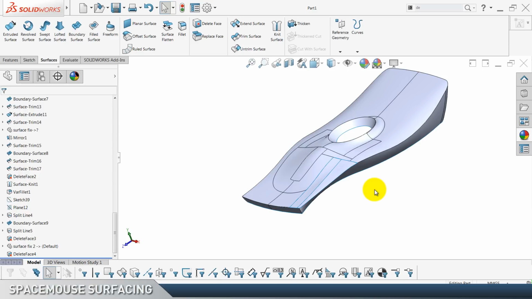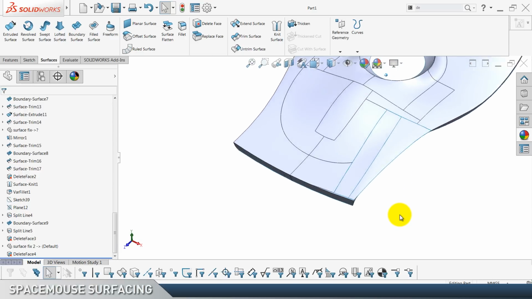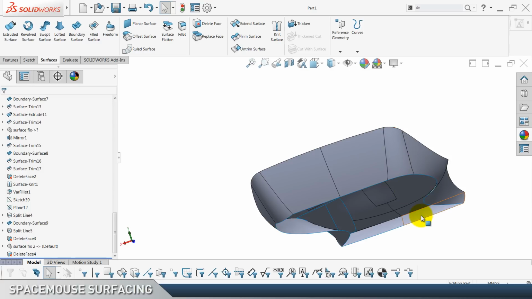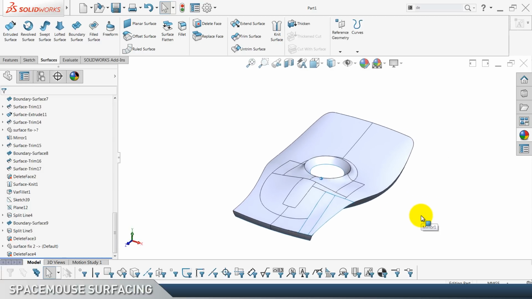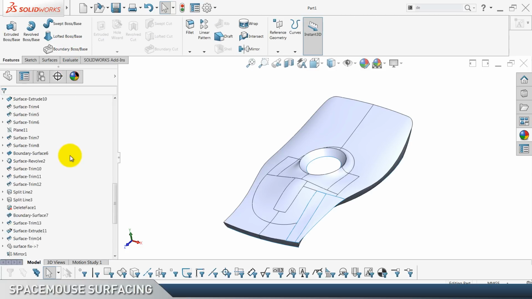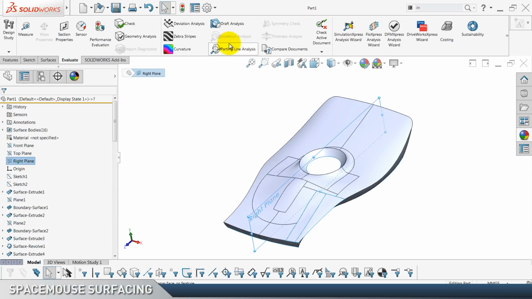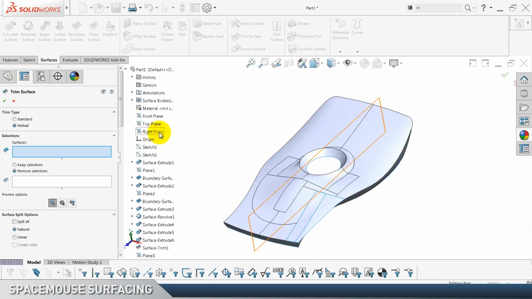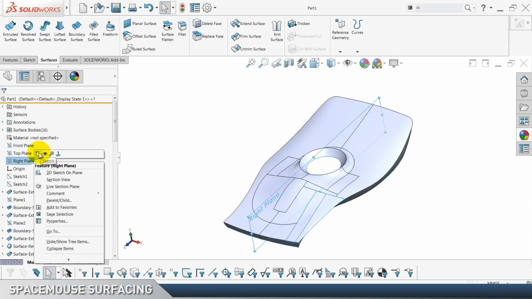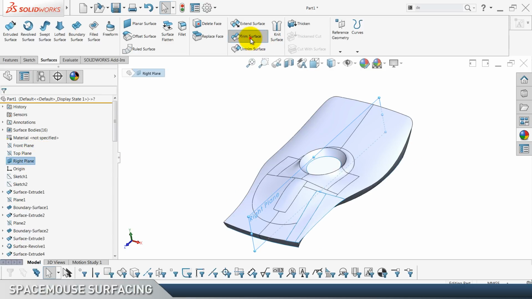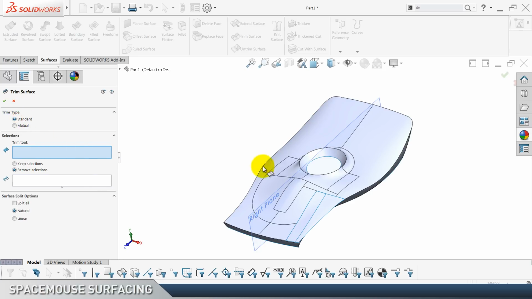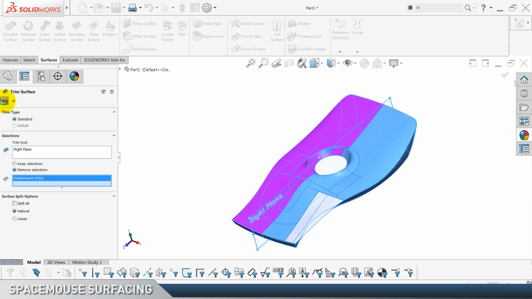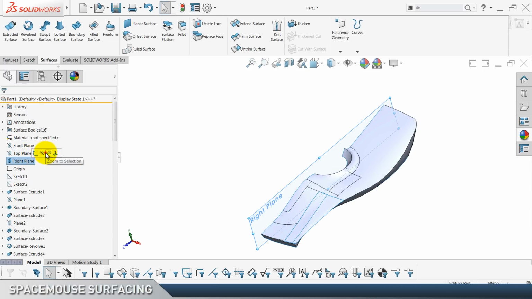Let's see what's next. So we have to somehow transfer this on the left side as well, and we know we had a problem here that we need to solve. So to do that, I'm gonna use a right plane to trim this surface, right plane, show trim surface. It has to be standard. Okay, so we're gonna trim out this left side. Okay, let's hide this plane,